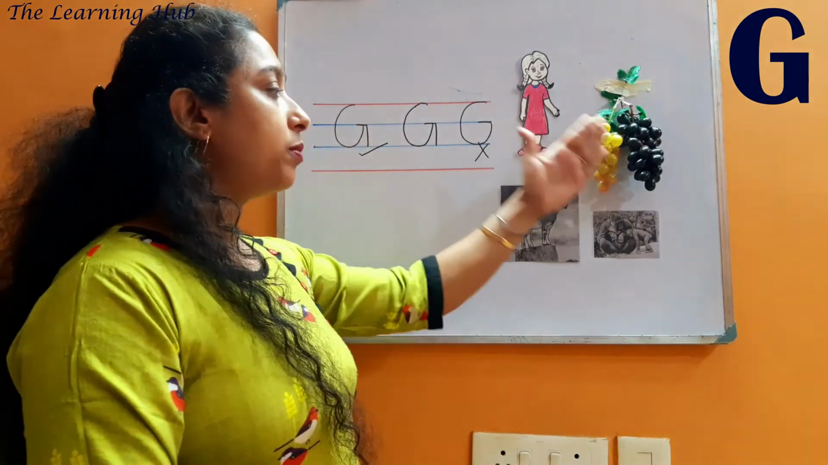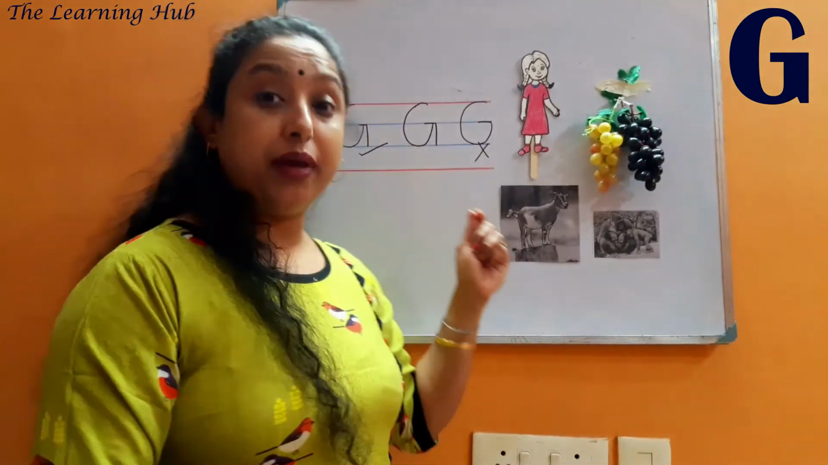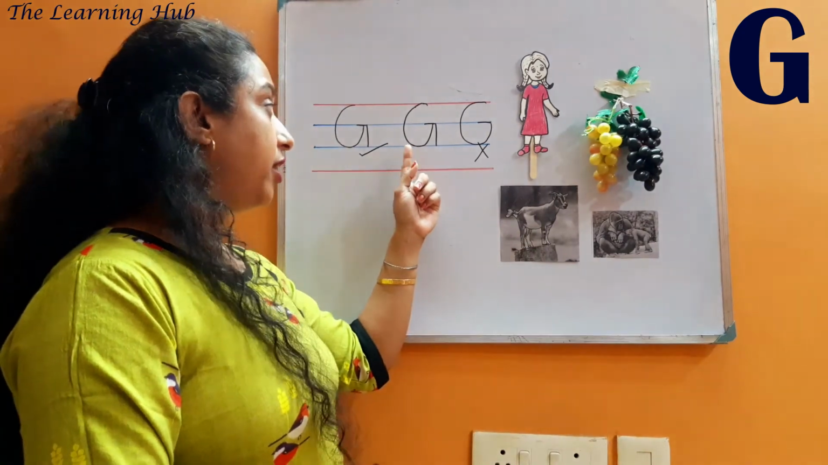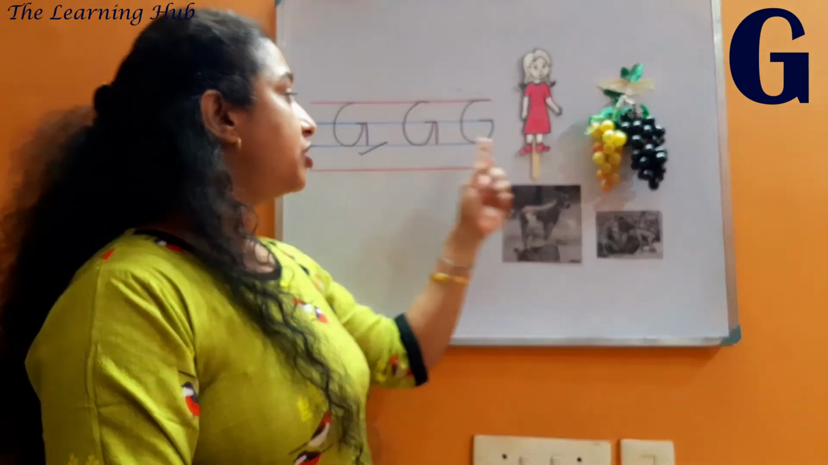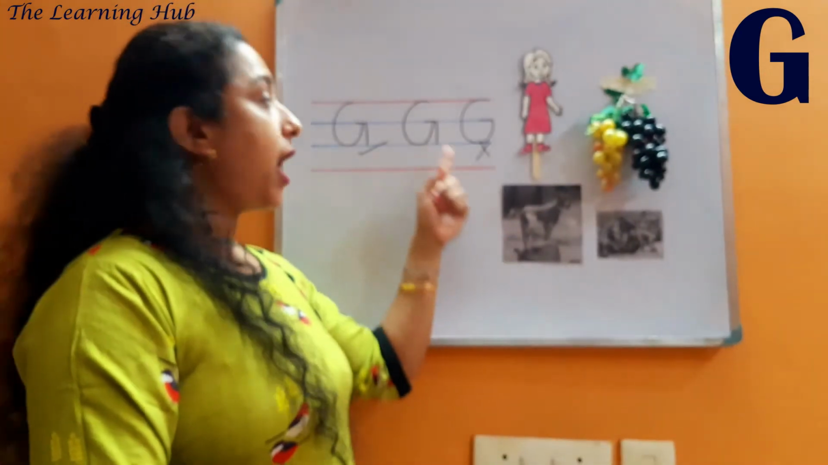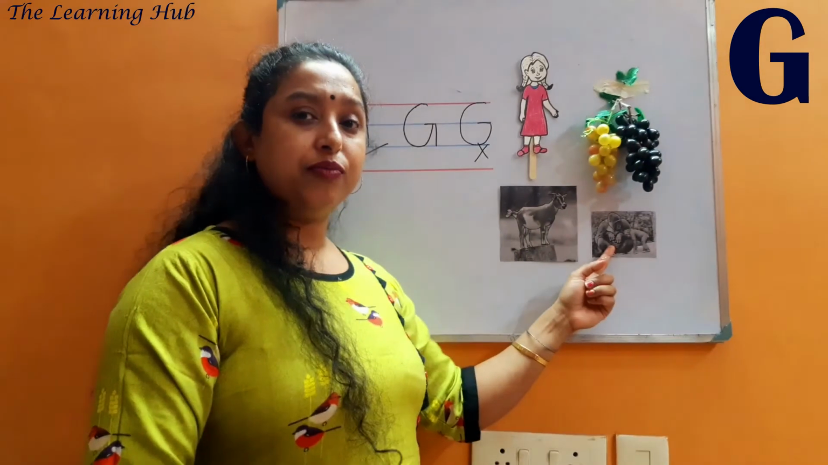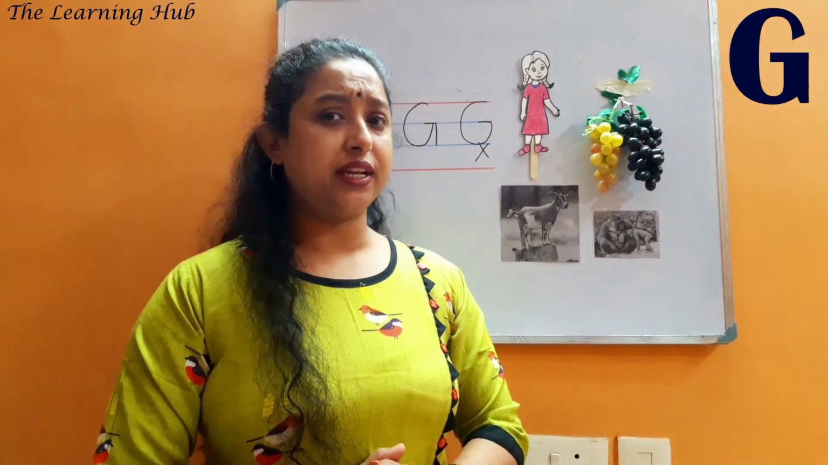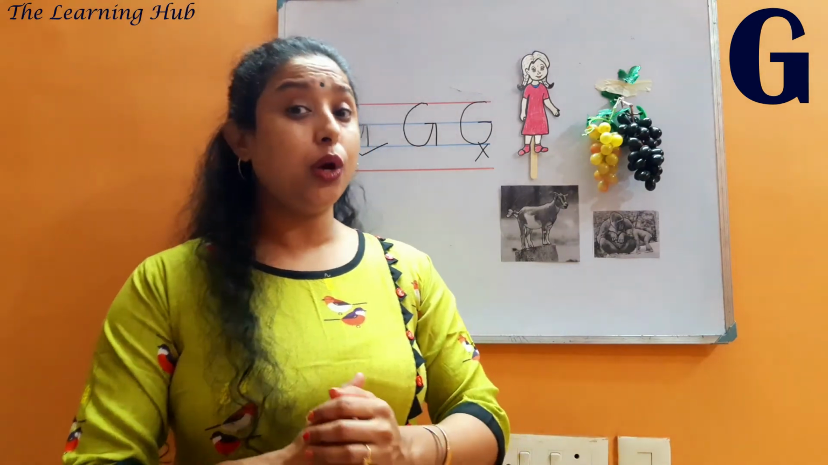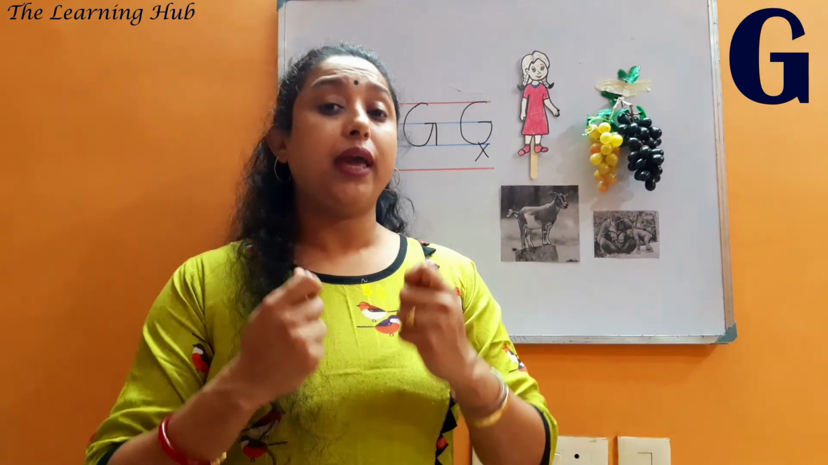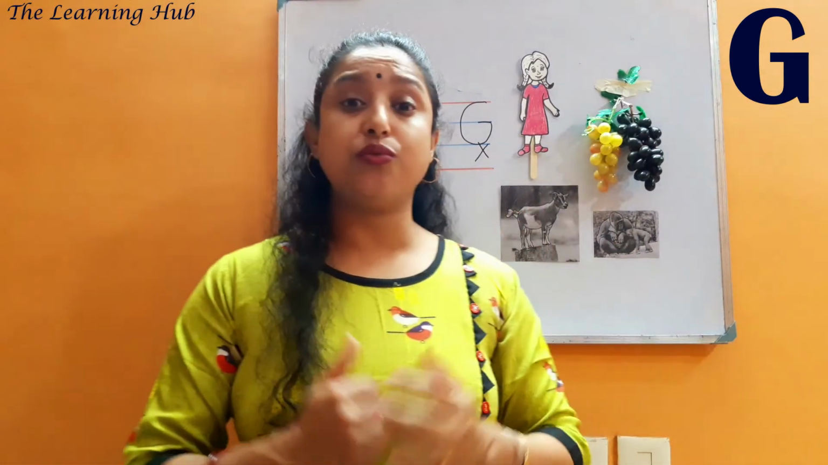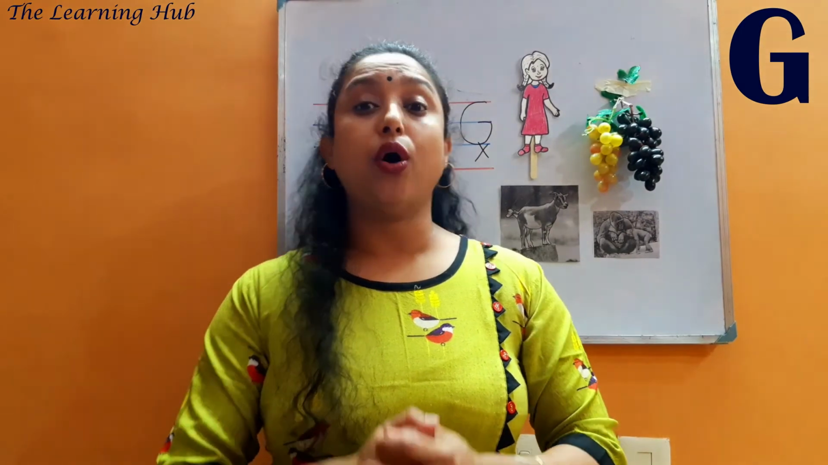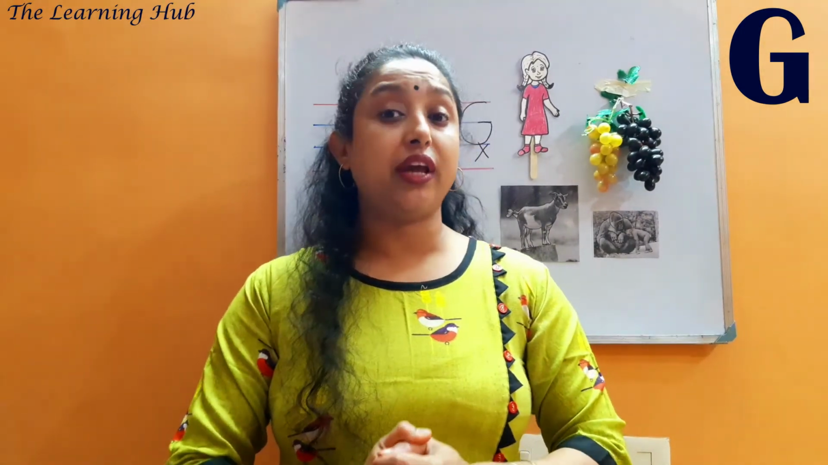There are some objects and pictures that begin with letter G. G is for girl, G is for grapes, G is for goat, and G is for gorilla. So children, let's explore the letter G. But how? You make any story with the help of these words. In this way, your vocabulary skill, your imagination power, your creativity skill will be developed. Like,